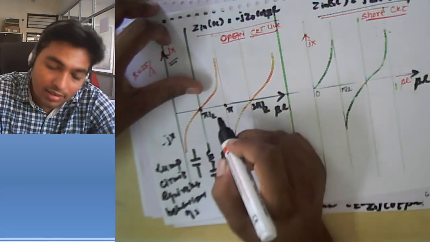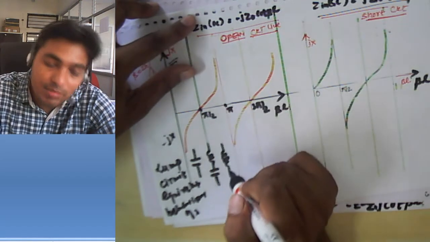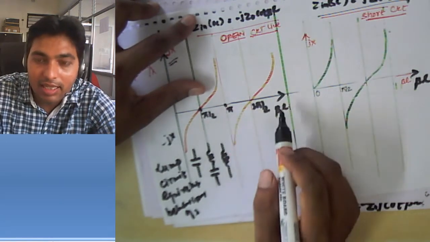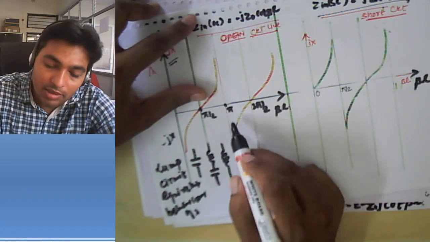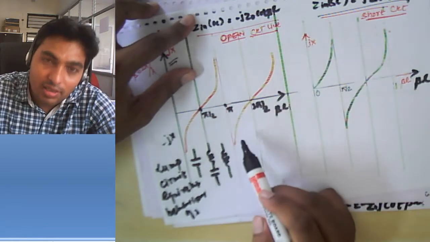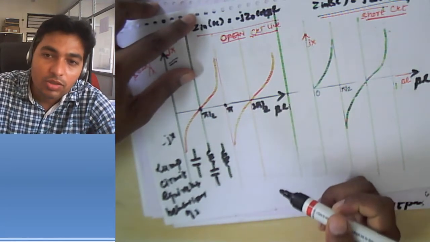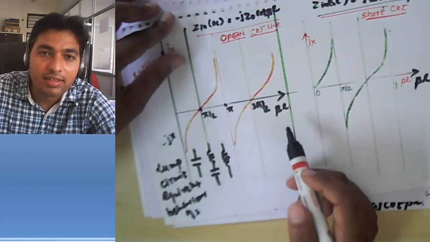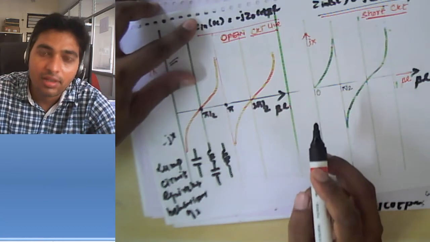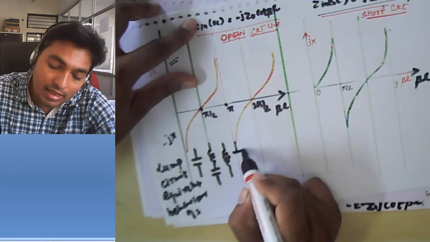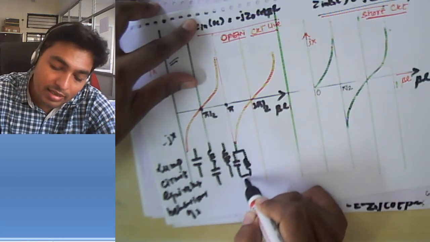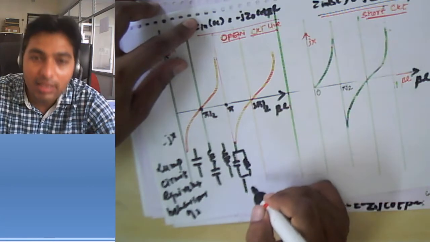So what will happen when the open circuited transmission line's length is exactly equal to lambda? Then beta L will be equal to pi. The impedance is going to infinity. So the impedance is infinite, and infinite impedance takes place in a parallel RLC circuit at resonance, where the impedance will be infinite.